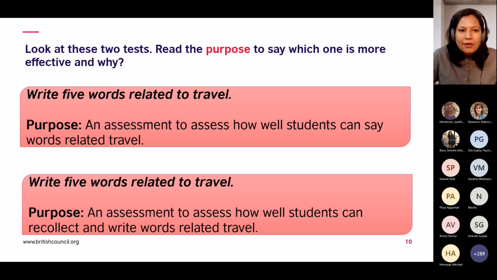So tell me, why do you think the second one is better? Okay. Thank you. So I can say the purpose of the second one is to assess how well students can recollect the right words related to travel. So they are not just writing something randomly which comes to their mind. There is a purpose: they have to think and remember what they were taught earlier, and then write the words which they remember from travel, like what comes to their mind from that word. So I think the purpose is